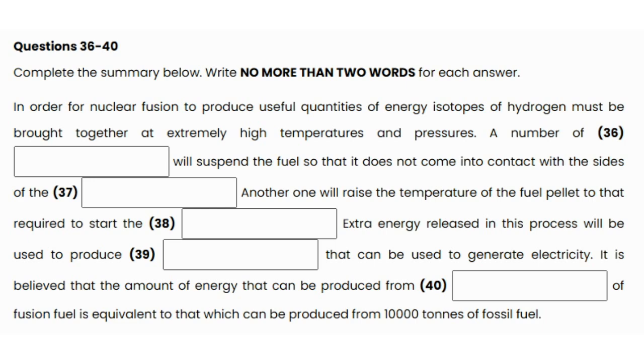To give you some idea of how much energy we can produce, it has been calculated that just 1 kilogram of fusion fuel is capable of producing the same amount of energy as 10,000 tons of fossil fuel. I think you would agree that such an objective is worth working towards. I believe, and I am not alone in this, that nuclear fusion could supply the world's energy needs for centuries to come. That is the end of section 4.